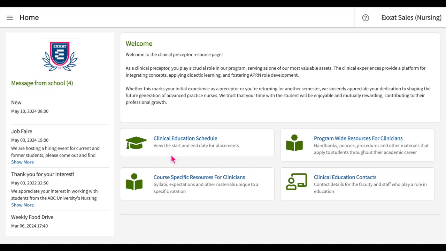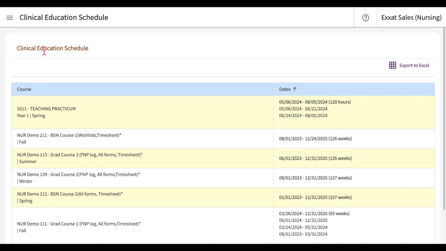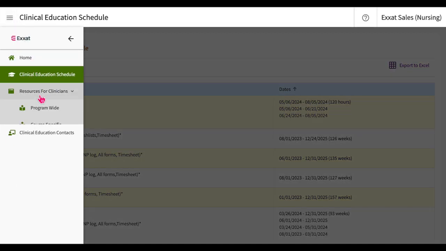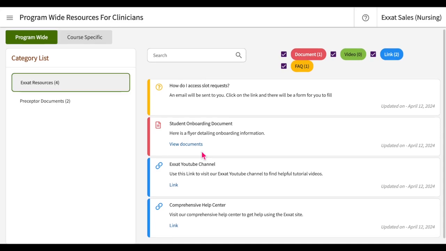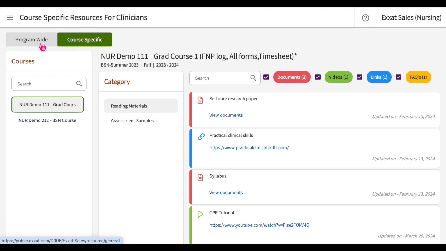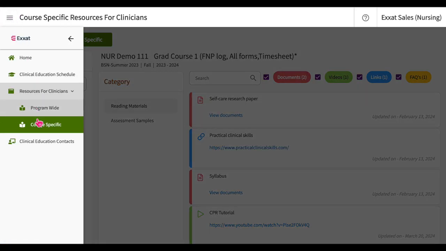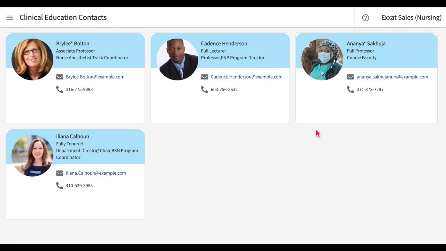Click on the Clinical Education Schedule tile to view the rotation dates you have added. Click on the Program-Wide Resources for Clinicians tile to view the resources you have added. You can use the tabs at the top of the page to view the course-specific resources you have added or the program-wide resources you have added. Lastly, click on the Clinical Education Contacts tile to view the faculty and staff members' contact information you have shared